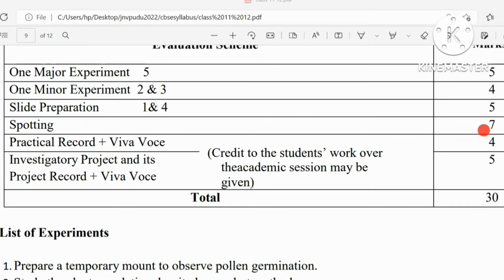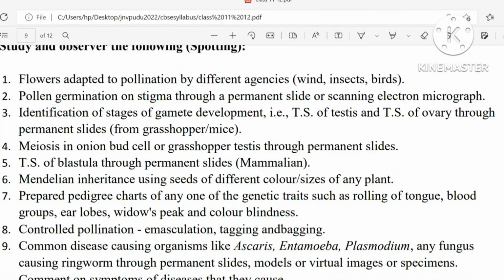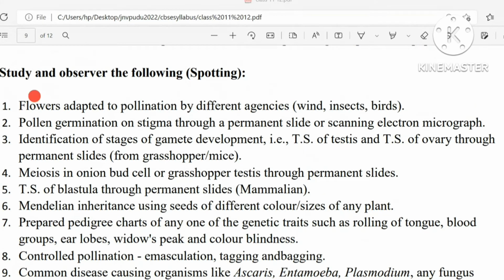Then for spotting, which is 7 marks. All these experiments come under spotting, that is flowers adapted to pollination, pollen germination on stigma through permanent slide, identification of different stages of gamete development, meiosis in onion bud cell or grasshopper testis through permanent slides, TS of blastula, Mendelian inheritance using seeds of different colors, prepared pedigree charts, identify the prepared pedigree charts, then controlled pollination, emasculation, tagging, bagging,